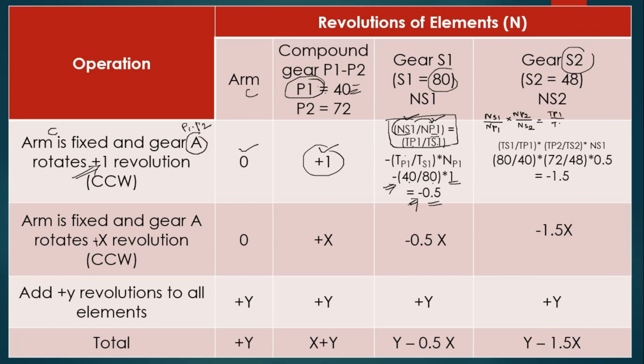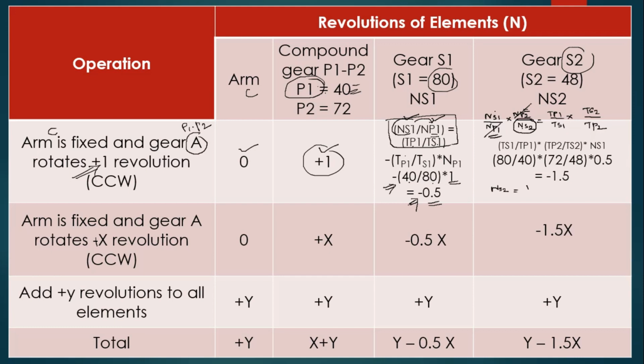TP1 divided by TS1 into TS2 divided by TP2, right? Here P1 and P2 are both on the same shaft, so their speeds are equal. So cancel this, then NS1 divided by NS2 is equal to these values. So we want to calculate NS2, right? So NS2 is equal to